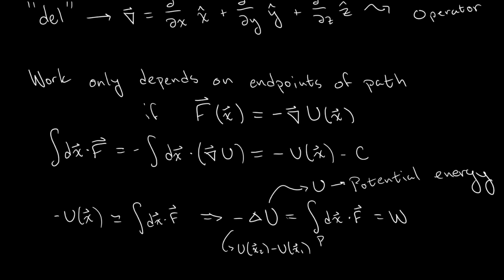Excellent question. What is U? U is the potential energy. Up to this point, U has been just some function. We know we can write f as the gradient, or the vector derivative, of U, where up to this point we were not talking about an interpretation of U, just calling it a general function, so that the work is defined as only depending on the endpoints of the path that we take. So that was U, and now we just identified U with the potential energy.